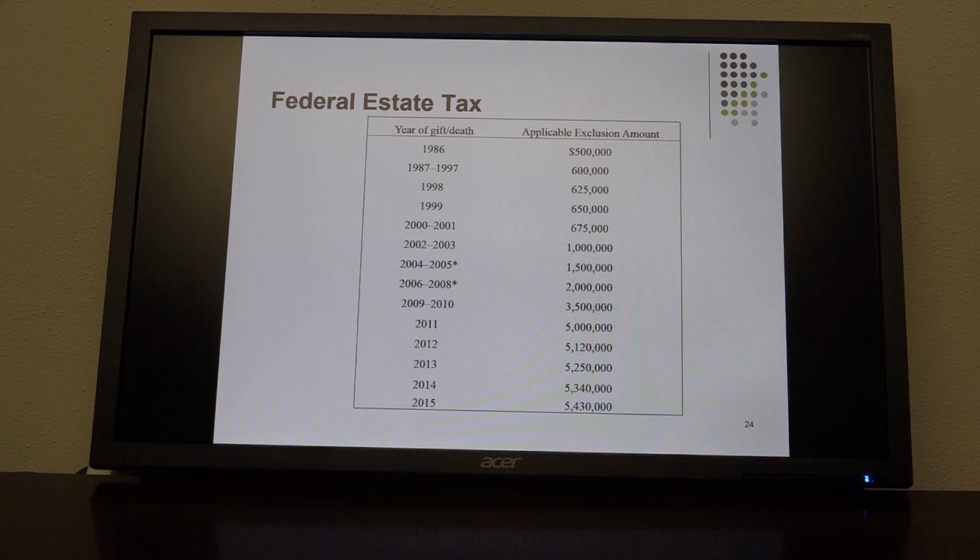But in certain situations, 5.43 million may not be enough. Can you think of some situations where, and again, it's based upon fair market value, right? Because you base these gifts and testamentary property transfers on fair market value,